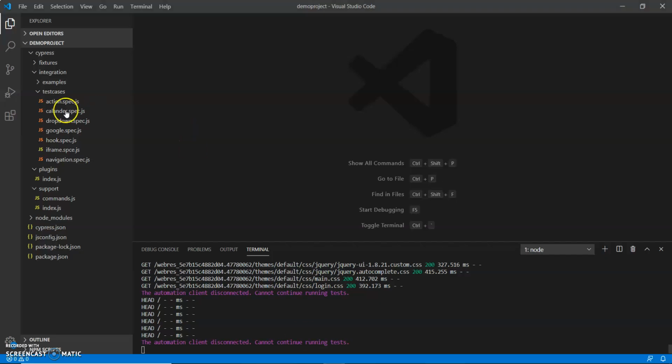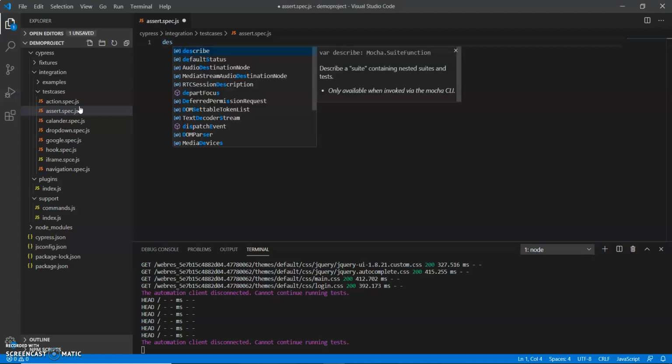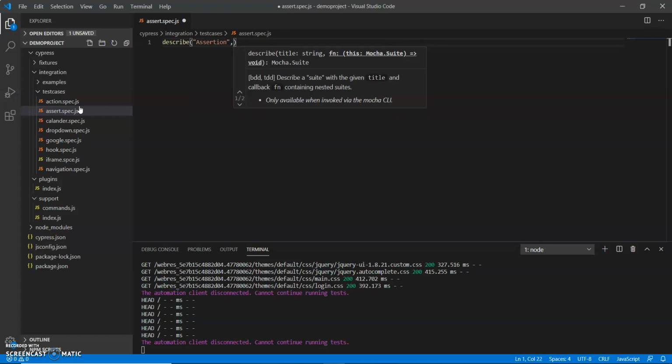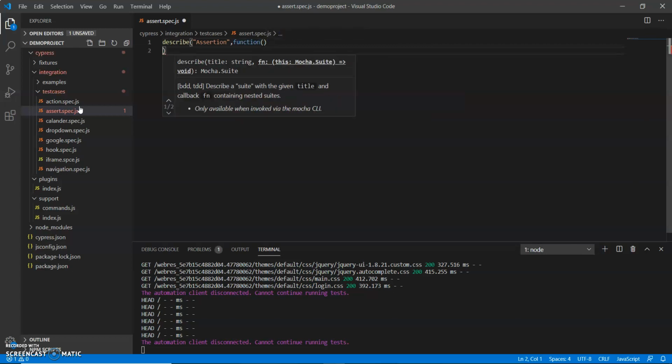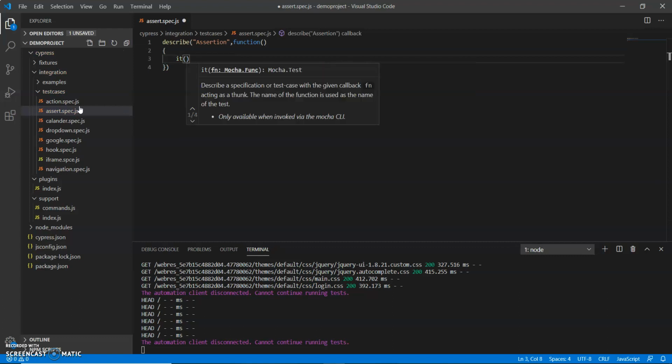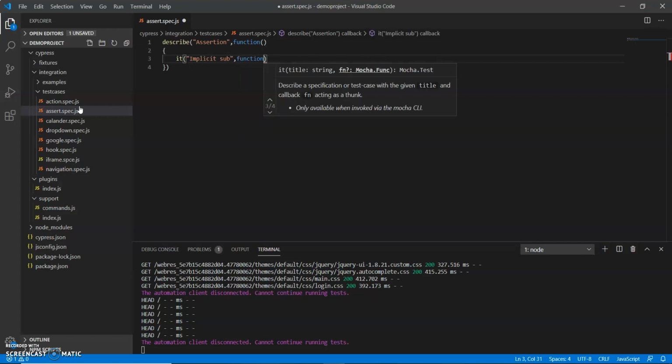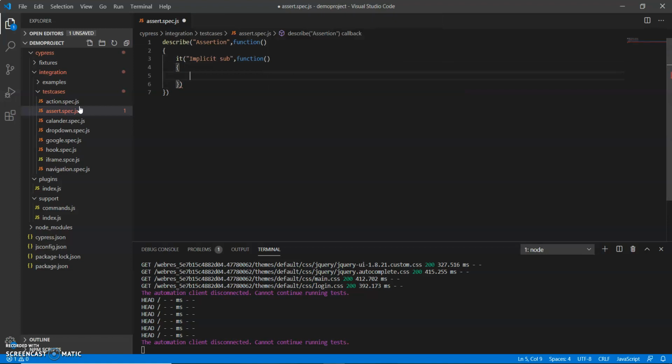Let me create one test script, and it is assert.spec.js. I just describe the assertion function, and in this I will create one test, the implicit subject function.